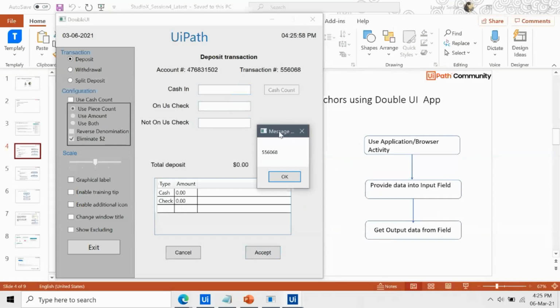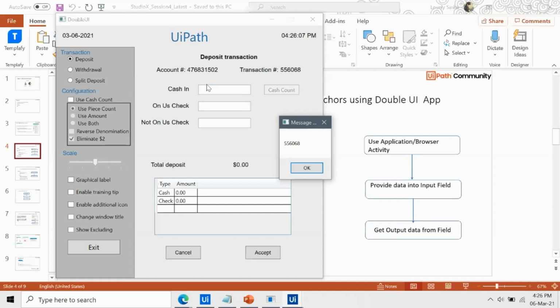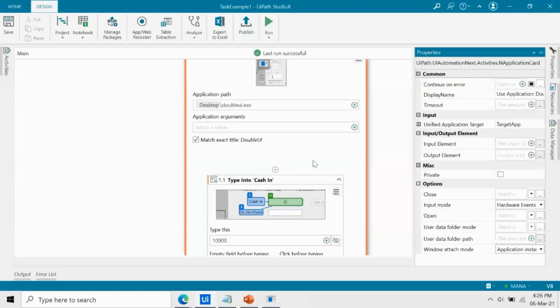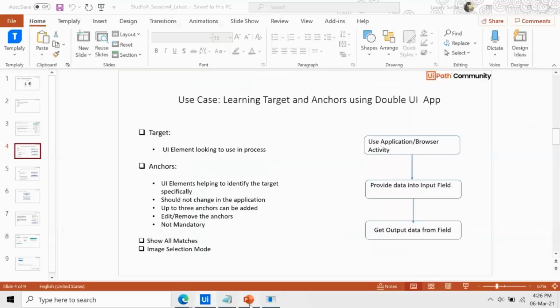And here you go. So this is the transaction number which it has fetched. So the takeaway for this exercise was how you interact with different fields based on which technologies or methods, and you can perform the automation accordingly.